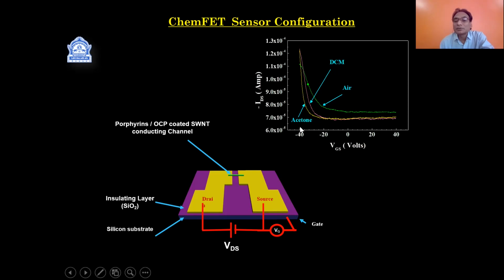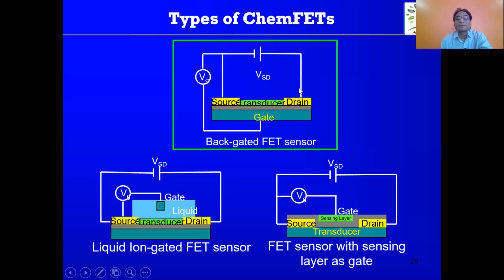Slope means you take two different points on this curve and accordingly measure the difference of those points. Let us say this is one, this is another. So x2 minus x1, and correspondingly you can have y2 minus y1. That gives you the slope. If you calculate the slope for each of these different analytes, you will find that there is a substantial difference in slope as well. So this is how the sensor measurement can be done as far as ChemFETs are concerned.